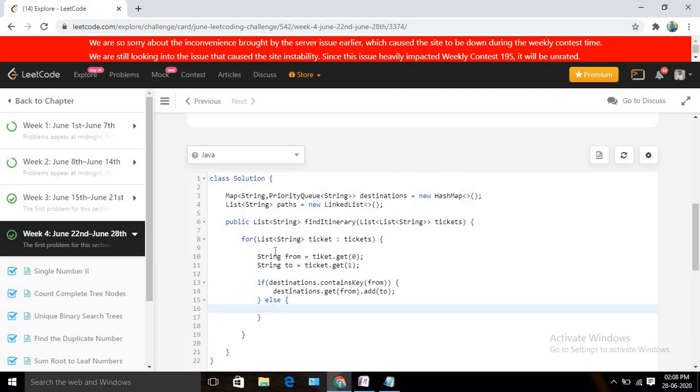And if it doesn't contain the key, for the first time, I am going to declare another priority queue of string, initialized as a new priority queue. Let me copy it.